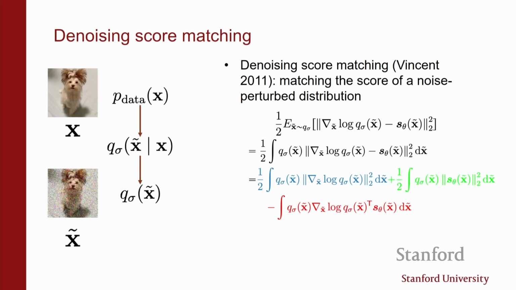Other questions? Yeah. What does this Q give us? What do we achieve by it? So we achieve that it's going to be tractable in the sense that we're going to get rid of that trace of the Jacobian term. So we're going to get a loss function that is going to be scalable in high dimensions. We're doing this because the trace of the Jacobian was too expensive. This introduces an approximation because you're no longer estimating the score of the data density, you're estimating the score of this other thing. But it turns out that we're going to be able to do it much more efficiently.